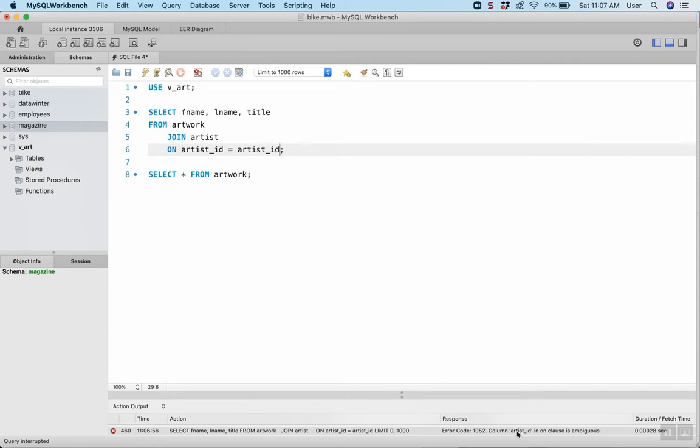it says artist ID in the on clause is ambiguous. That's because we have the same exact name for our primary and foreign key names. It's their artist ID. It wants to know which artist ID we're talking about. Now note here, if the primary and foreign key names are different, we wouldn't have gotten this error. But because ours are spelled exactly the same way, we have to say which table those columns or keys are